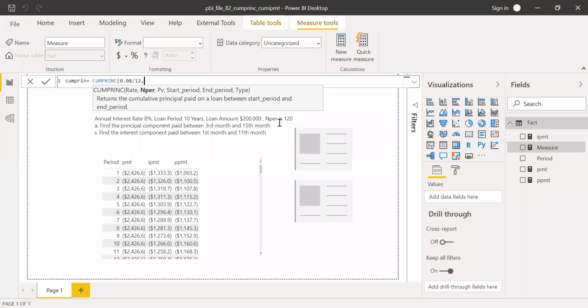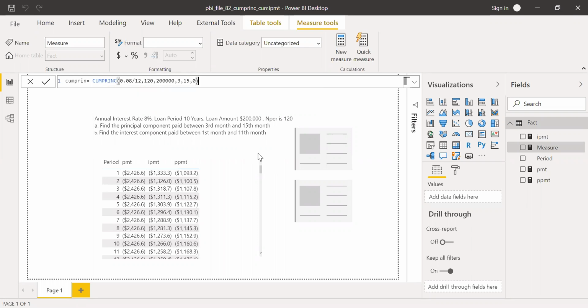And periods, so number of periods is 10 into 12, so 120. And the present value, $200,000. And the start period, so 3rd month, and end period, 15th month. And type, I'm going to use 0, that is end of the period. And hit enter.